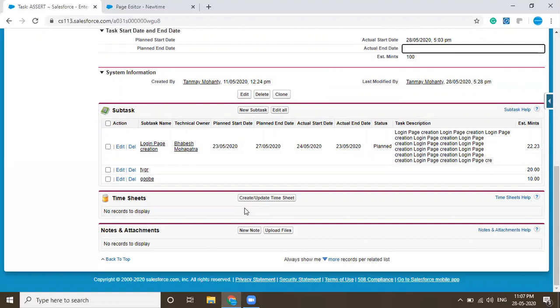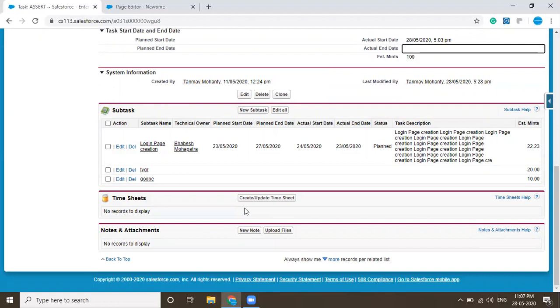For that particular task you also want time, right? And for a subtask also you want time. So you have to write the functionality in such a way that when you start the time, you can start it on the single task as well as on the subtask. That's the main business scenario that we get in the real project.